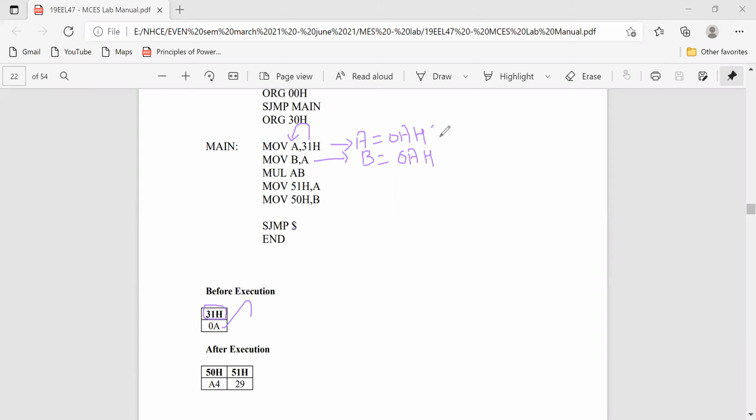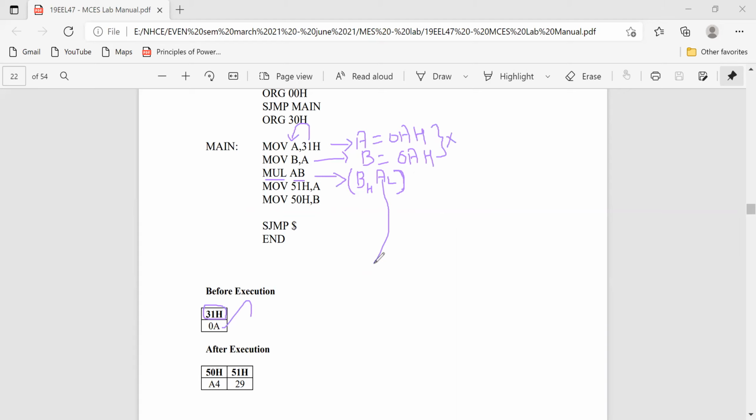Now I'm going to multiply these two, just MUL AB. As per this instruction, we will have the result with the lower 8 bits in the accumulator and the higher 8 bits in the B register, which together make the 16-bit result.